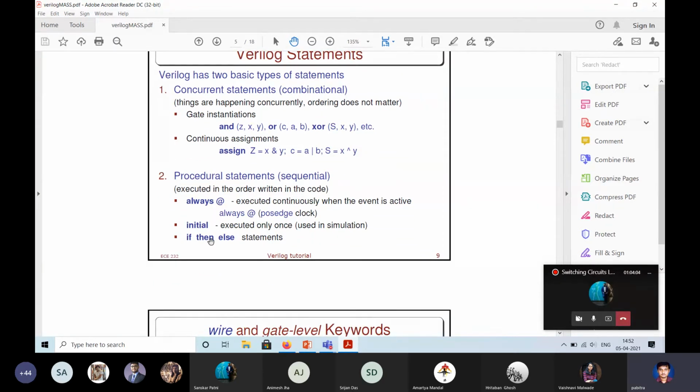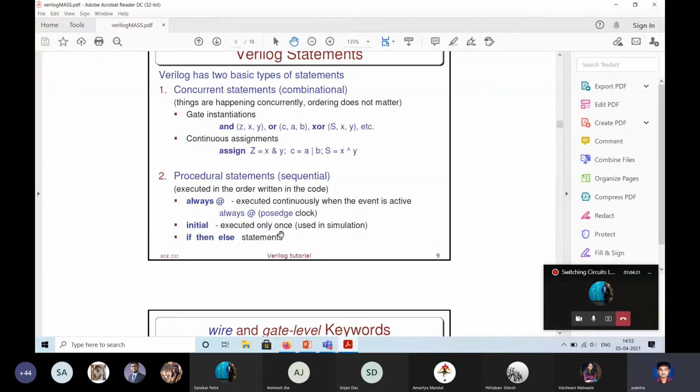You have some sequential procedural statements, as we have told. One is the always. Always is like a loop. So always at the rate followed by some expression, and within brackets some statements. Whenever that event is active, the following statements will be executed.